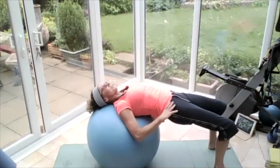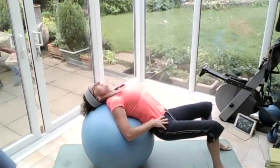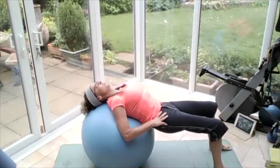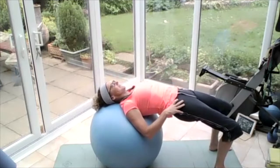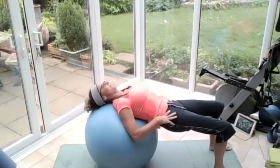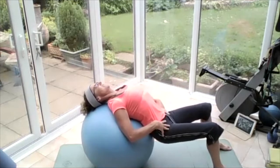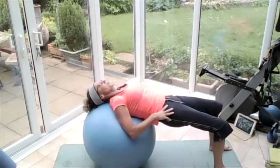Bring those arms back onto your hips. Lower the bum down around the ball. Give yourself a bit of a break. Peel that back away from the ball, clenching and lifting. Ease that back around the ball, one vertebra at a time from your shoulders. So we're curling it, and then curl and peel that back, leading from the tailbone, all the way back up